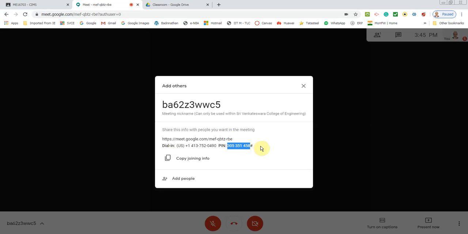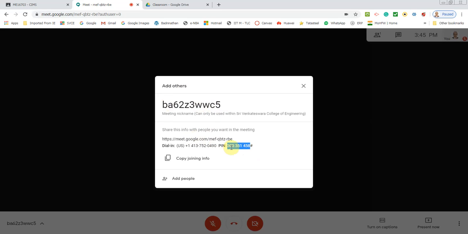What happens is, when a student clicks on this link, he will automatically join your course, or he will type in this pin, which is the meeting ID, and then join your course. So these are the two ways by which a student will join your lecture. One, if he opens his Google Classroom app, the Meet link will be there, and he can just click that. And if he does not have Classroom and wants to join from the Google Meet app, then he needs this link and this pin.